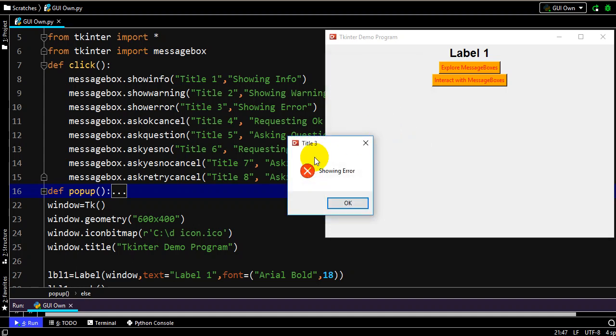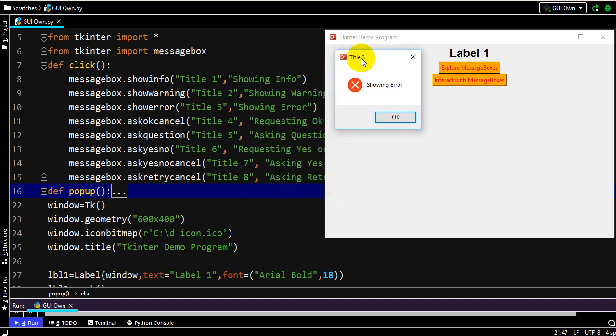Next, title 3, the third kind of message box, with show error. In case some error has happened, like maybe you are typing your password but that password is wrong, or maybe you are not giving your username correctly, or you have not typed your username itself, and then you click on the login button, then it has to show some error. At that time there is no need to ignore or anything else. After reading that, you have to close it.